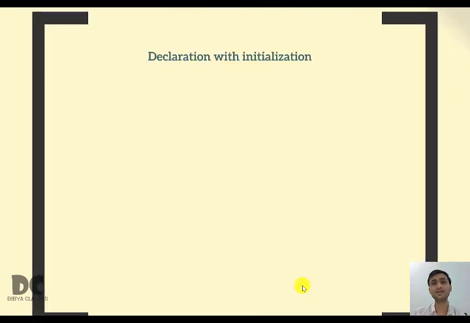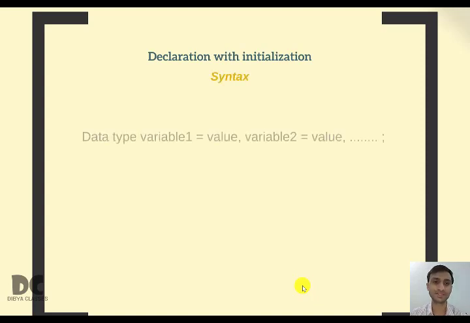So now we will understand the syntax of initialization, that is, declaration with initialization. Now we will declare the variables and also store values in them. The syntax is data type variable equal to value, comma variable 2 equal to value, comma variable 3 equal to value, comma variable 4 equal to value. Similarly, separated by commas, and at the end you have to give a semicolon.